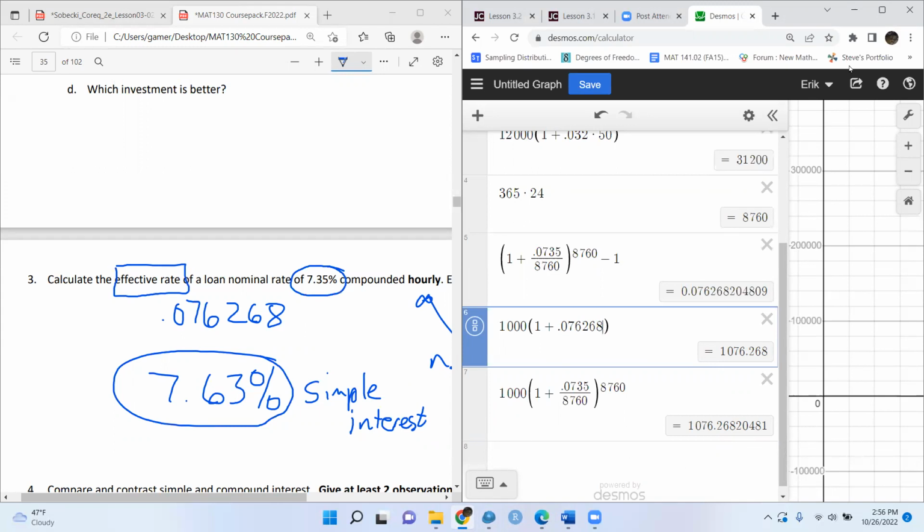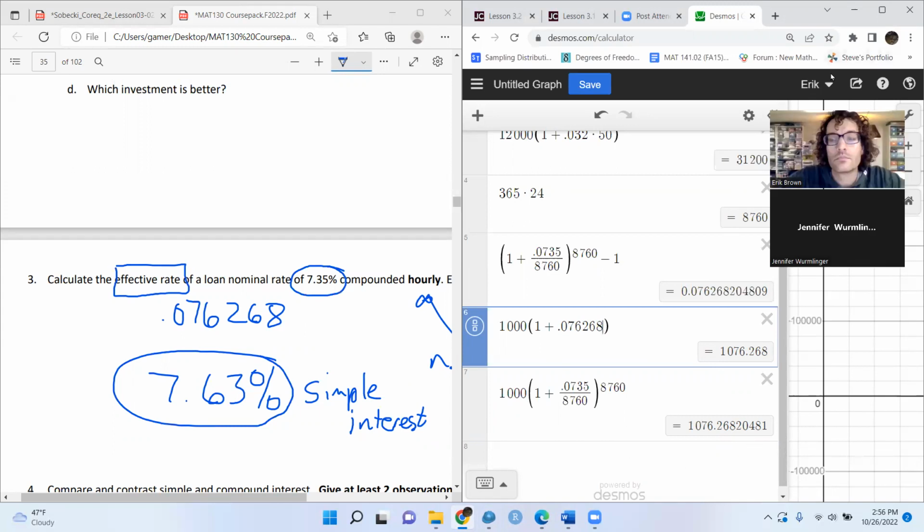Cool. So then, okay, for the compound interest, I guess I don't know, it's still on. Talk to me. Yeah, I'm lost. So the compound